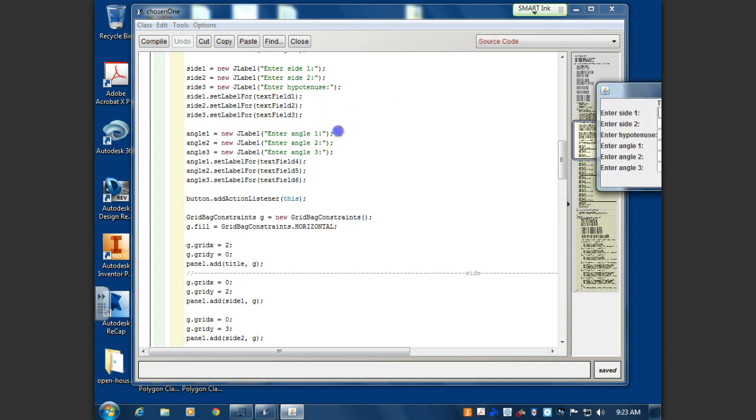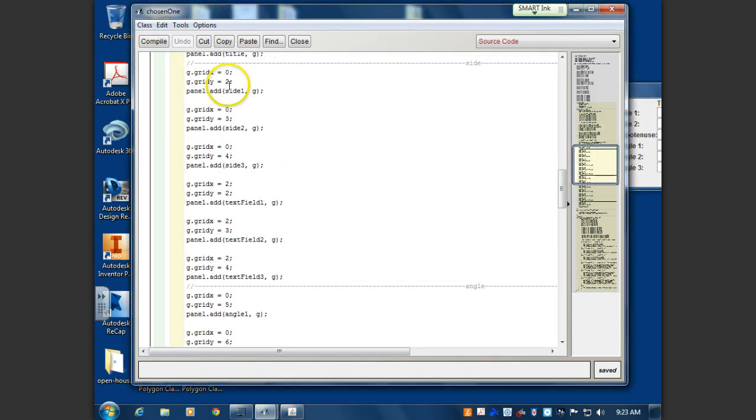And I'll just talk about down here, like where everything goes. So I spaced out here. This is where all the stuff that corresponds with